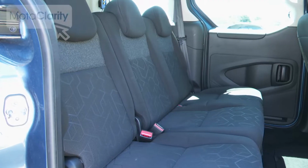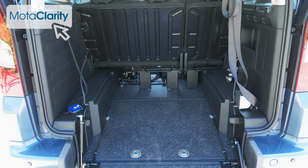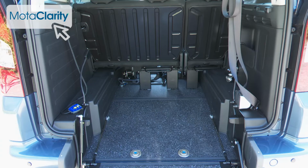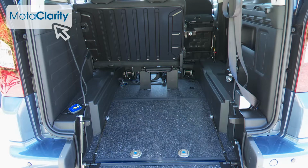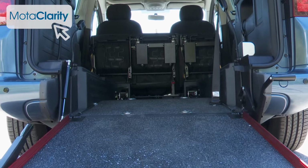The number of standard passenger seats in different WAVs does vary, but on the vehicle we're looking at here, there's enough space for the wheelchair user, the driver, and 4 additional seated passengers. You'll also find versions of the Peugeot Partner Tepee with room for just 1 or 2 seated passengers in the rear of the vehicle, which provides the wheelchair passenger with more space and would also be more suited to transporting